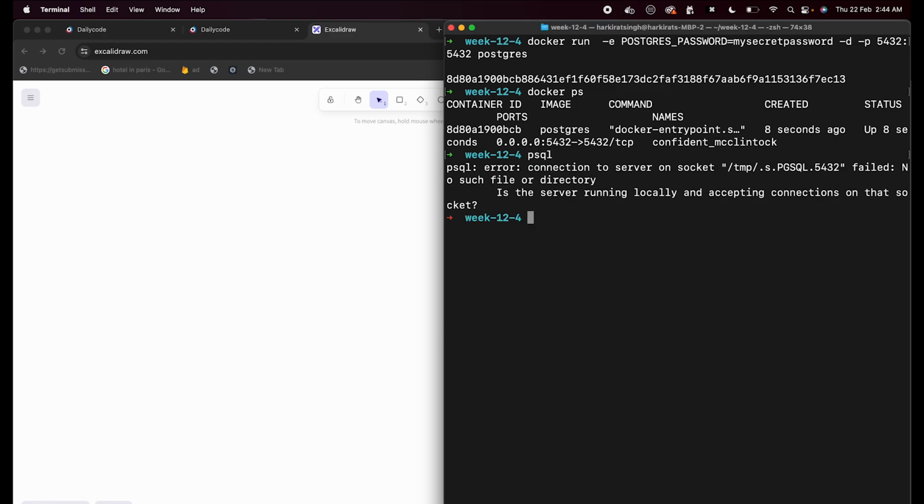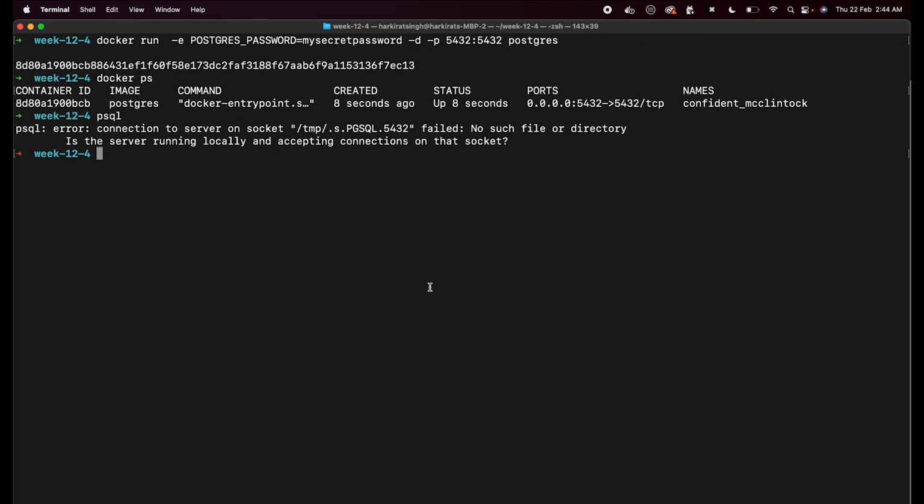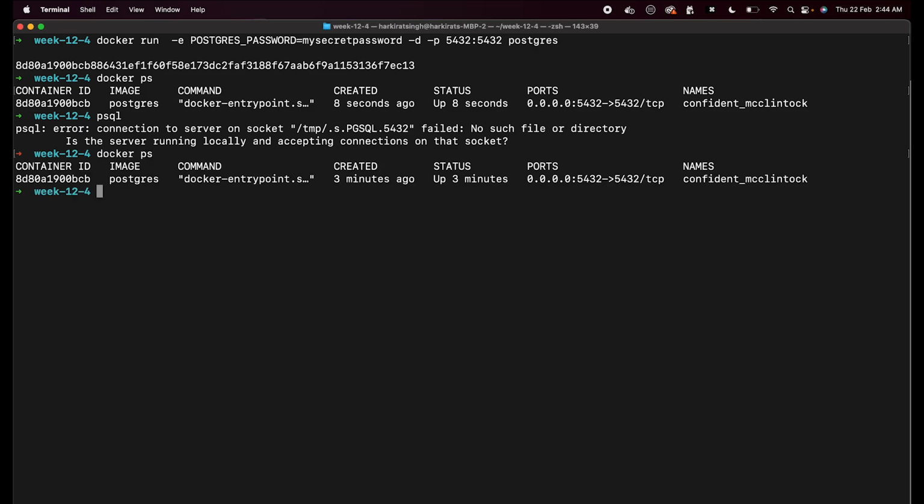If you don't have PSQL, you can either install this, or I'll show you another hack if you want to learn some more Docker today. You can run the following command with me. Run docker ps first, and then copy this container ID, and then run docker exec -it, paste the container ID, /bin/bash. I repeat, docker exec -it, the ID of the container, /bin/bash. Pause the video, run this command. Once you do,